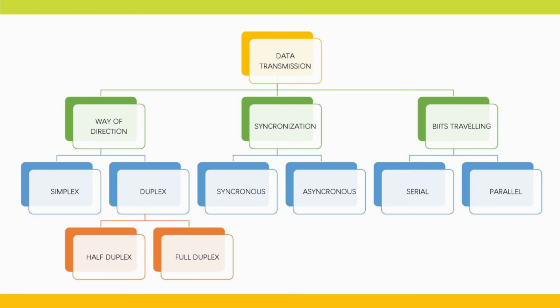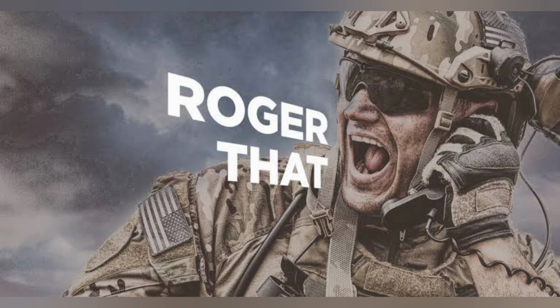Or a simple example of half duplex and full duplex are the walkie talkie and the mobile. Walkie talkie is an example of half duplex where the data at a time can travel in one direction only, whether it is from receiver to transmitter or from transmitter to receiver. That's why when people talk on a walkie talkie, they use words like over, out, Roger. If the person says over, it means he has finished his talk and now the other person can start.